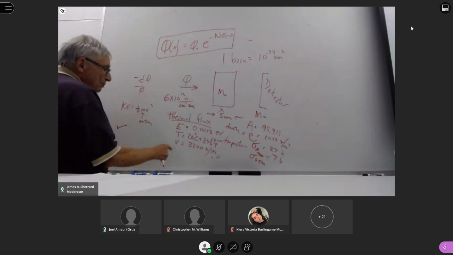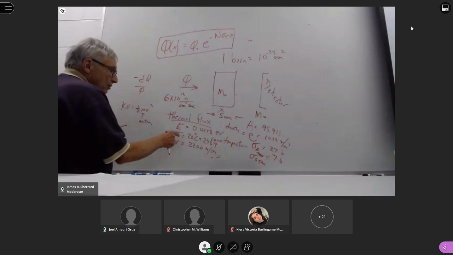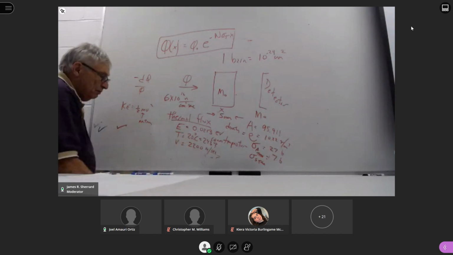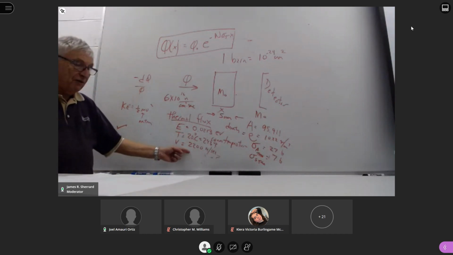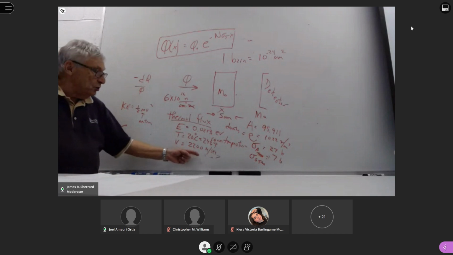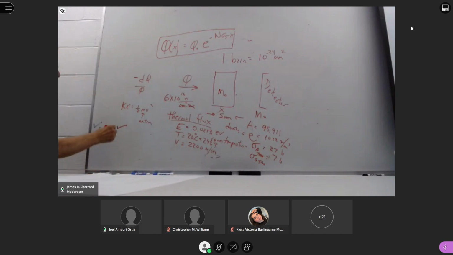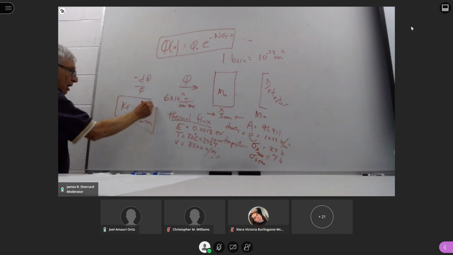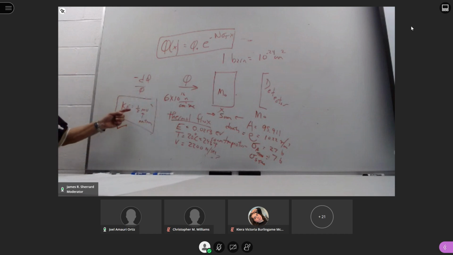If you know the temperature is room temperature, it has been determined that the velocity of a thermal neutron is 2,200 meters per second. If we go back to the definition of energy, kinetic energy is equal to 1/2 mv squared. If we throw in the values for a neutron,